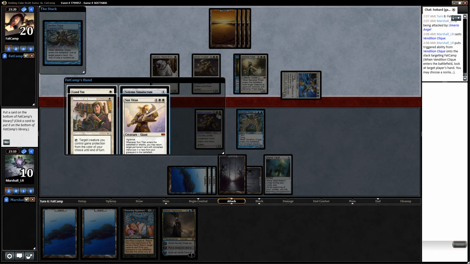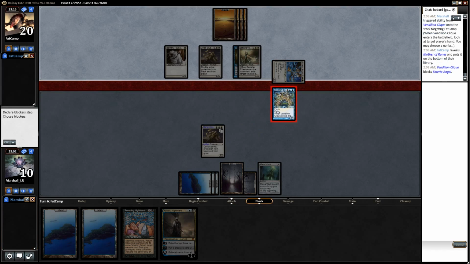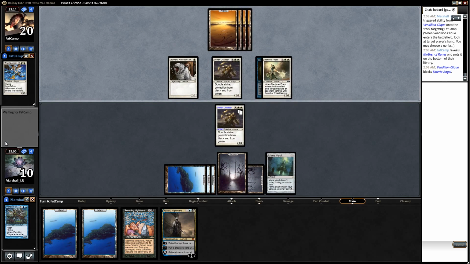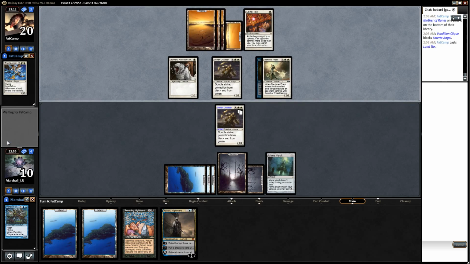He's just going to play Solemn and then play Sun Titan, or he's going to play this. I guess I'll take Mother of Runes just because it's slightly more worrisome right now. But we're definitely going to trade those off. Yeah, we need to draw some serious heat here. Like, we need to draw something along the lines of,